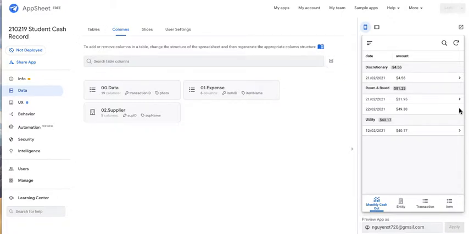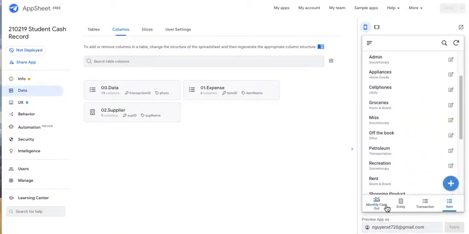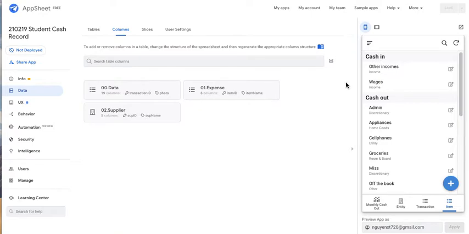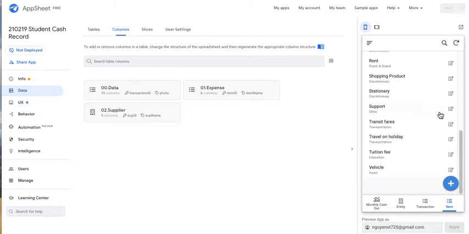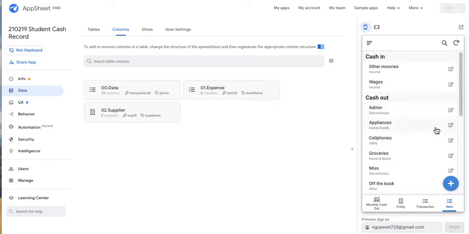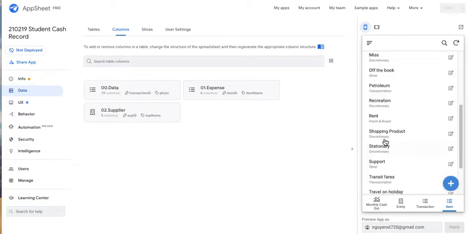So first of all, I will show you what this application will contain and how you're going to use it to record your daily transactions. So basically there are four tabs on this application. The first is the items. The items mean the income and the name of the transaction you will use. So you can create a new one, but I think this is quite enough